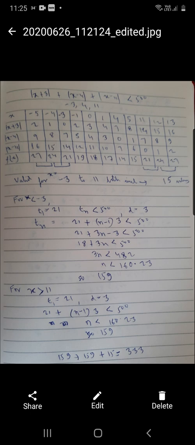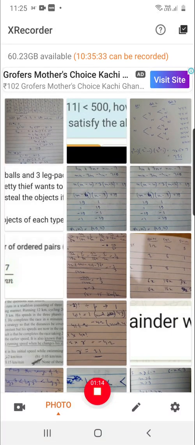So we'll take some values which are less than minus 3 first. So we take minus 5 and minus 4. Then we take the point of inflection, minus 3. Then a point between minus 3 and 0, so for simplicity, we take x as minus 1. Then we take 0 because it is another point of inflection. Then a point between 0 and 4, so we take x as 1. Then we take 4 because it is another point of inflection. Then between 4 and 11, we can take any value, so we take 5.